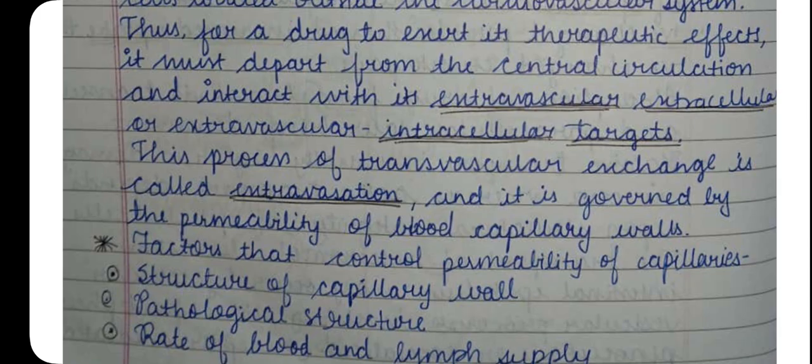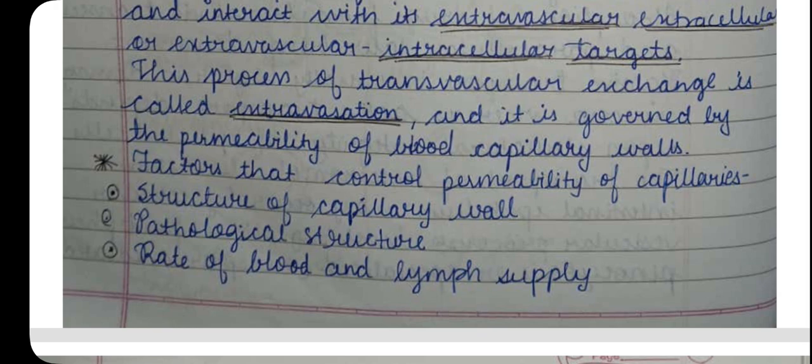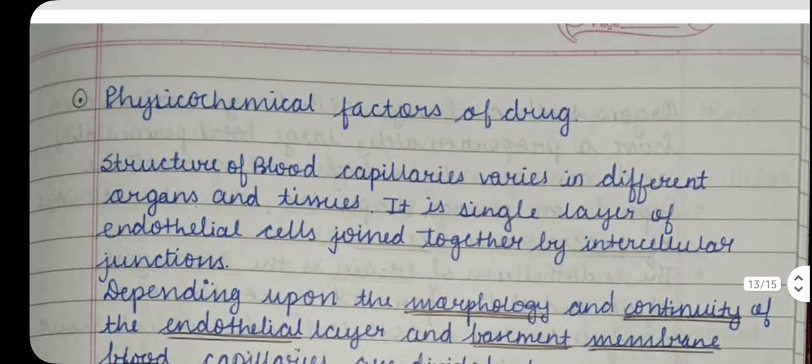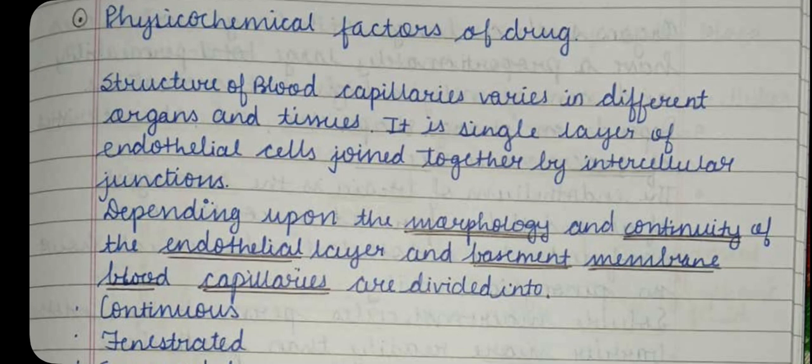It is governed by the permeability of the blood capillary wall. Factors that control permeability of capillaries: structure of capillary wall, pathophysiological structure, rate of blood and lymph supply, and physicochemical factors of the drug. The structure of blood capillaries varies in different organs and tissues. It is a single layer of endothelial cells joined together by intercellular junctions. Depending upon the morphology and continuity of the endothelial cell layer and the basement membrane, blood capillaries are divided into